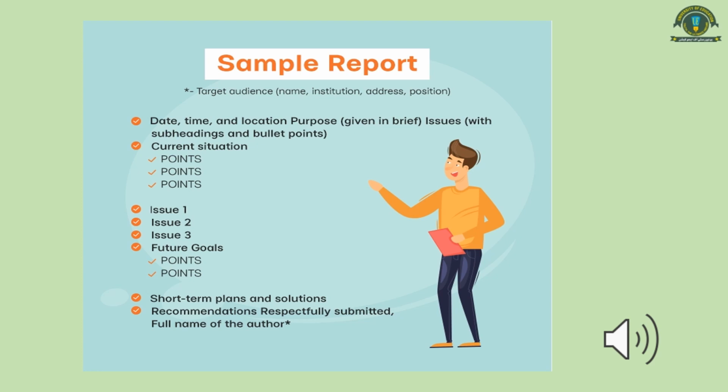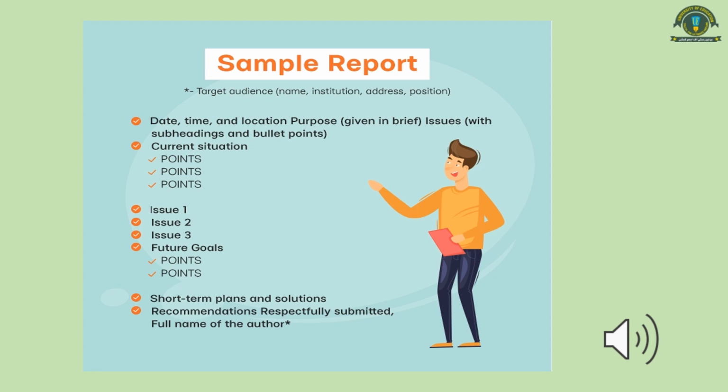After that, whatever issues are prevailing or related to that problem, you have to mention or unveil all those issues. Then after interpreting all this information, you have to give your future goals, what will be the outcome of all this information or research or of this report. You have to mention those future goals or objectives in the form of points. If you have more objectives or goals, you can present them all in the form of points. Then short-term plans and solutions. You have to give the possible solutions which can solve that issue or problem. You have to mention all those solutions,